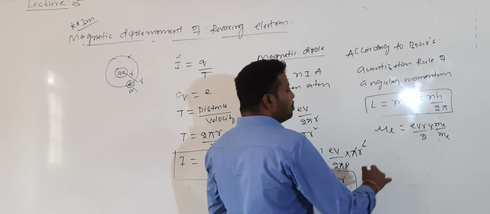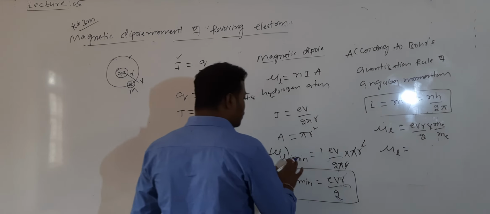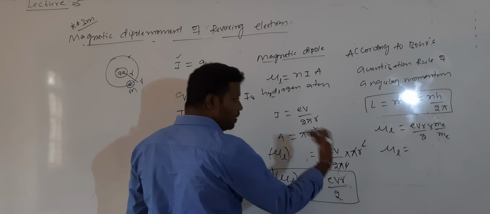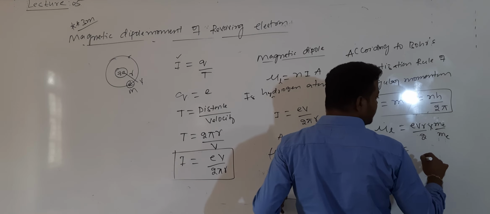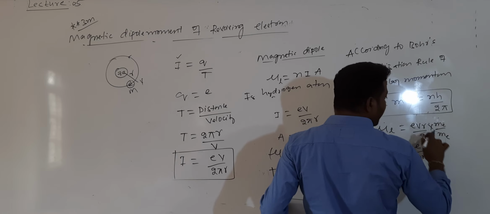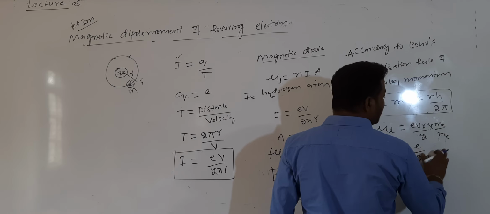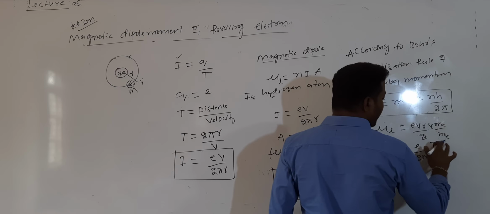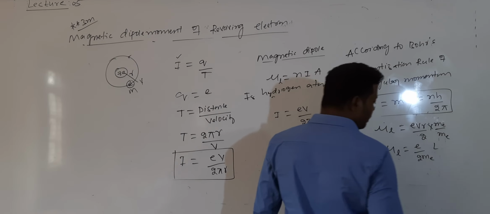Me is the mass of the electron. I will get only mu L here; mu L minimum I will substitute later. So mu L is equal to e divided by 2 into Me into mvr, and mvr is equal to L, where L is the angular momentum.